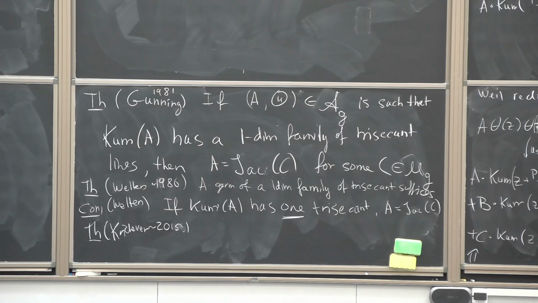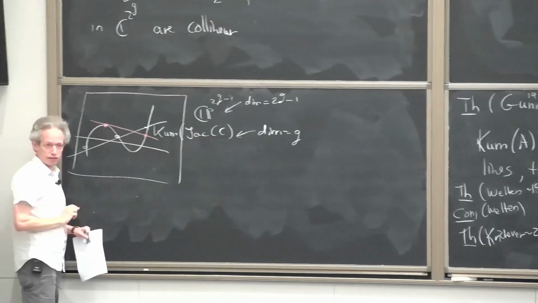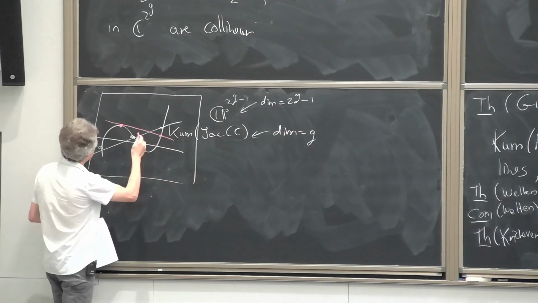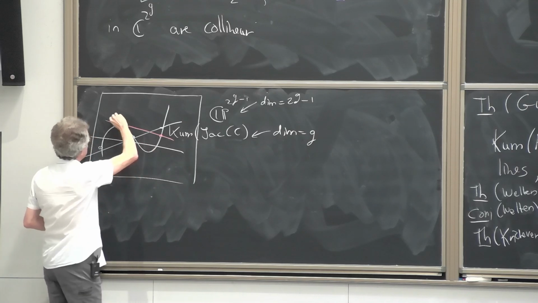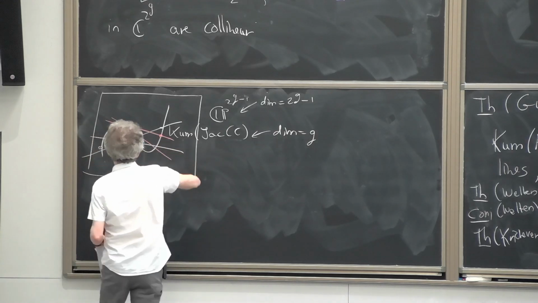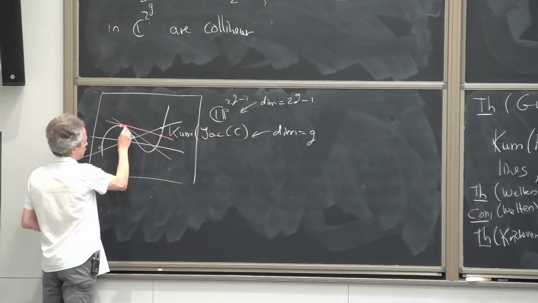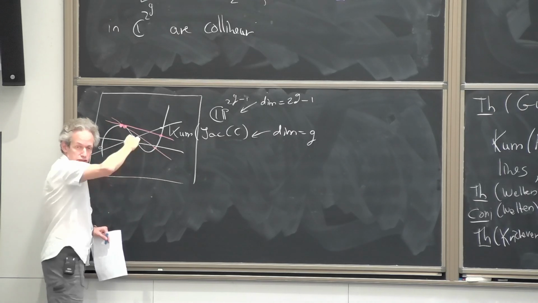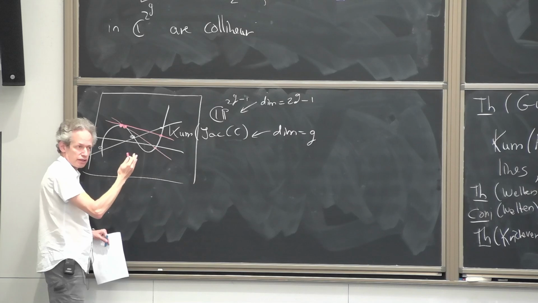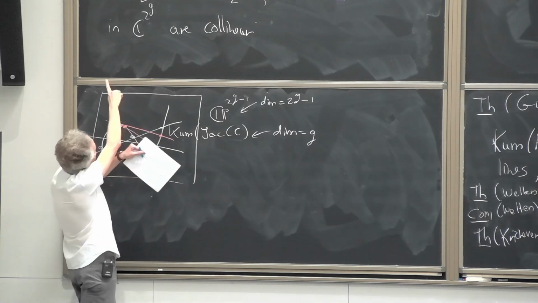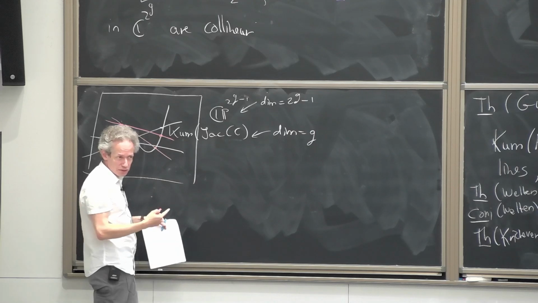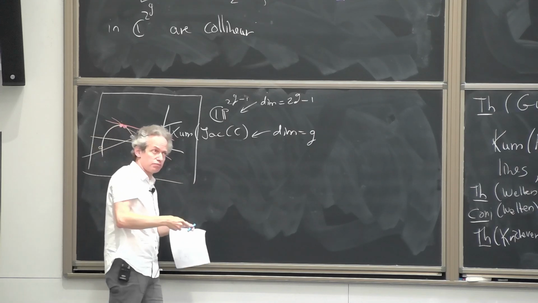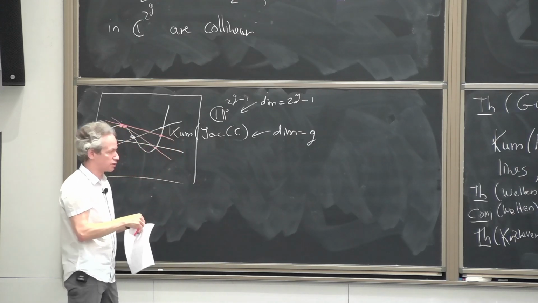So it's a line that's going to be tangent to the Kummer image at one point and is going to intersect it at another point, right? And of course, I can do this at this point. My drawing skills are going to leave me soon, but I could also draw it at a nearby point. Again, there is a point of tangency and another point and so on, right? So there will also be a family of such things. These are going to arise when I have allowed a couple of points up there to come together, right? So you can see that the dimension of this family of such degenerate trisecants for a Jacobian is not 4,